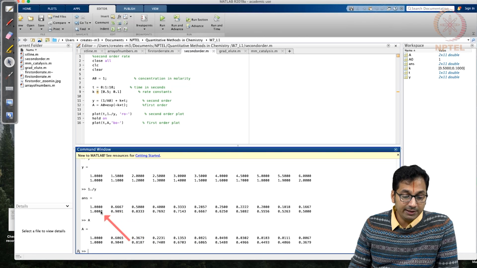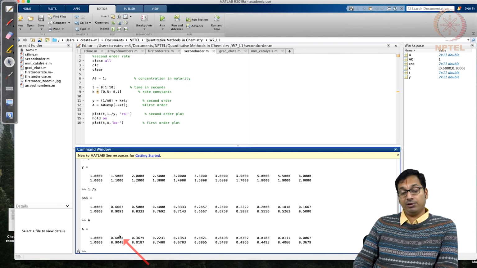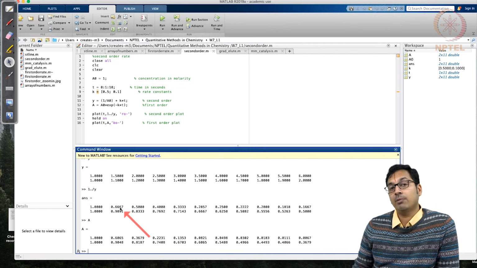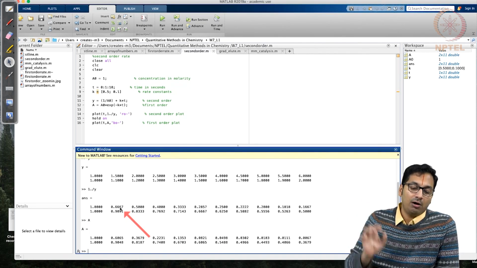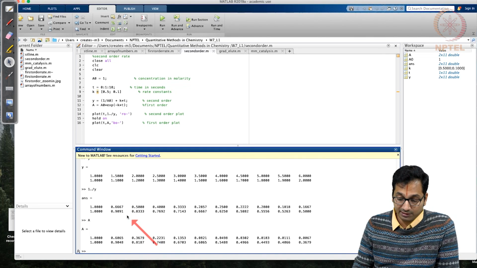If you see the data point, the fall for the first order is much more than for the second order, which makes no surprise because you have an exponential function, while this is a second order polynomial. And if you remember the Taylor series expansion, the second order polynomial is just a portion of the exponential function. Exponential function also has the linear, second order, third order, and all the other higher orders that come up.